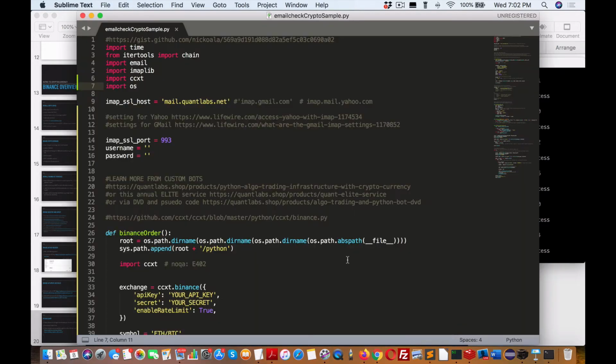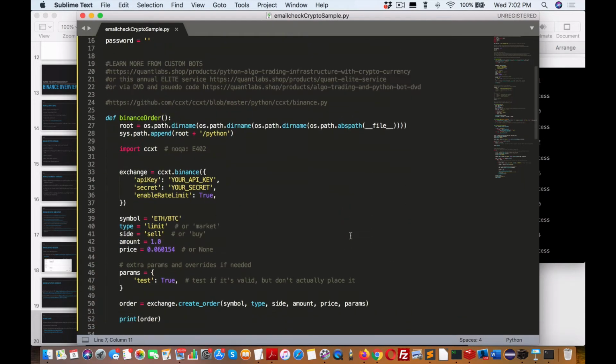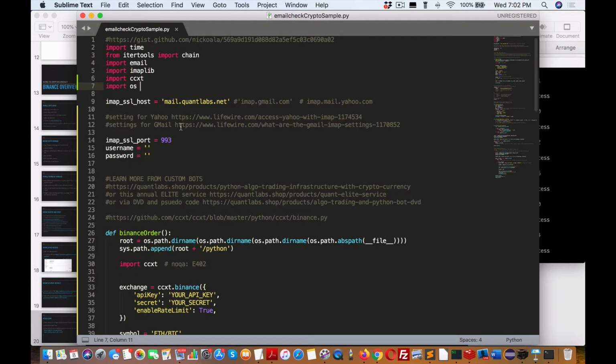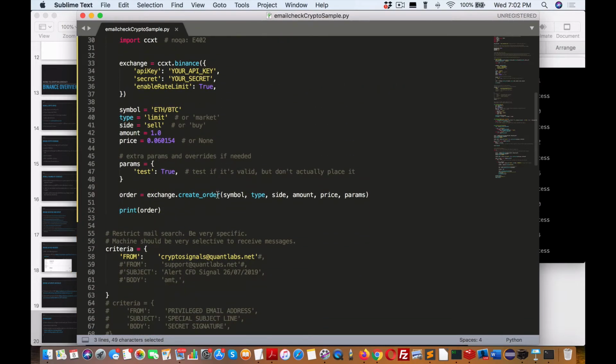I'm going to show you the editor here. So you really don't need to know Python to get this sorted. The only things you need to worry about is right here to set up your email password and username. The only other change you'll make